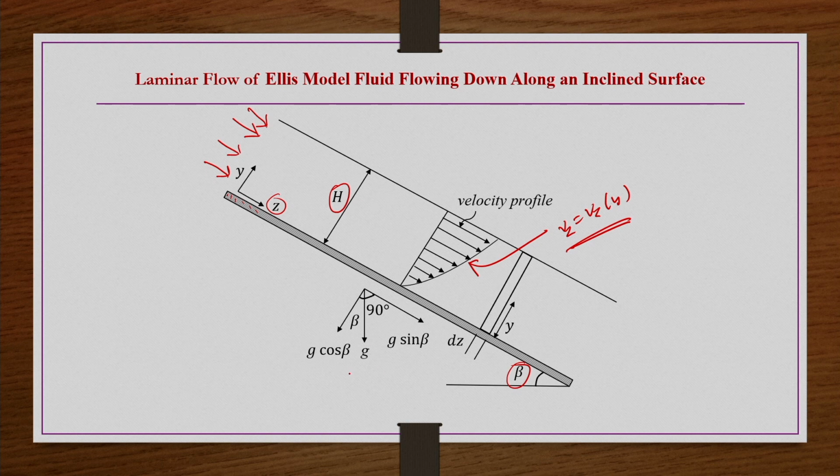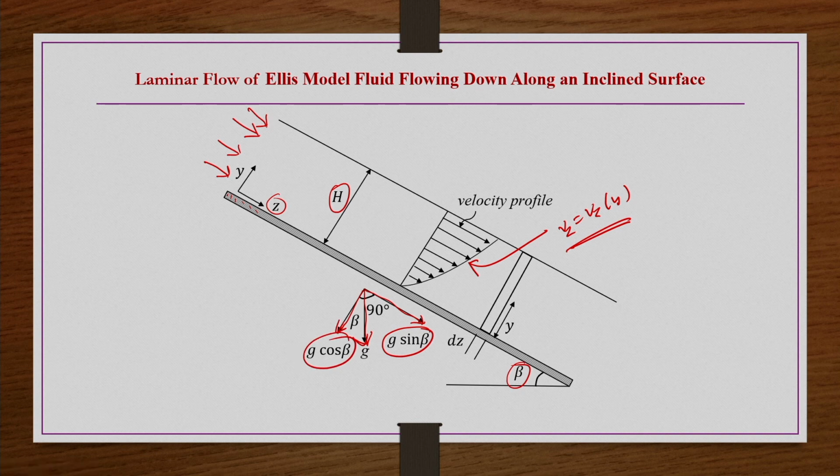It is acting on an inclined surface, inclined at angle beta. So, if g is acting in this direction and you draw the tangents, in this direction we are going to have g sin beta, and in this direction we are going to have g cos beta,